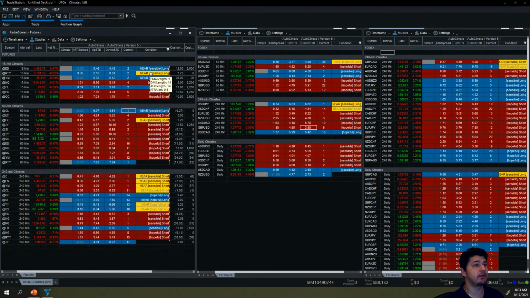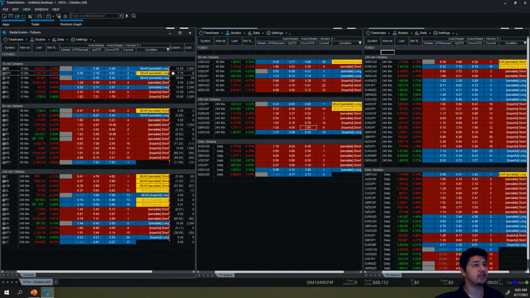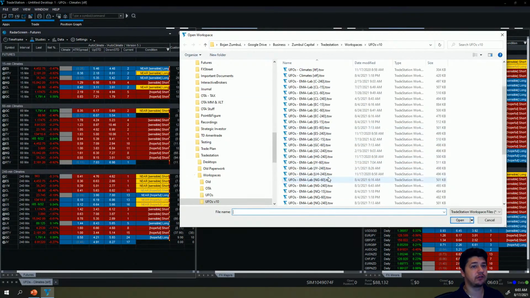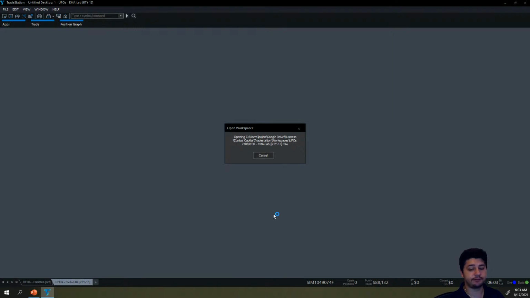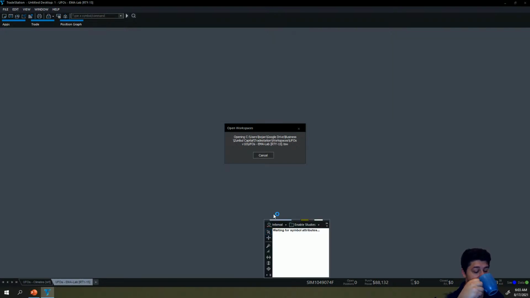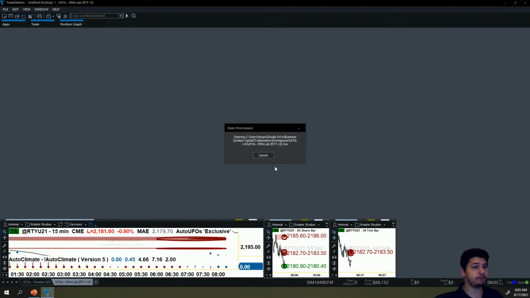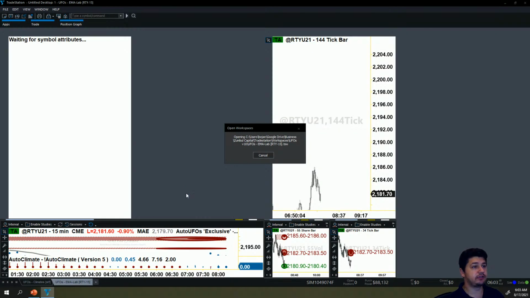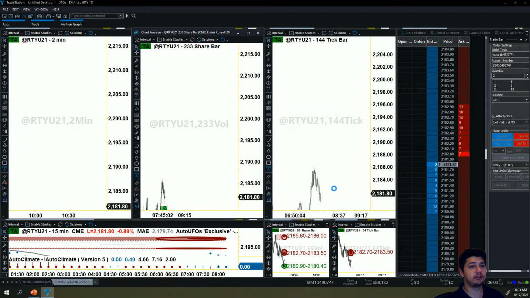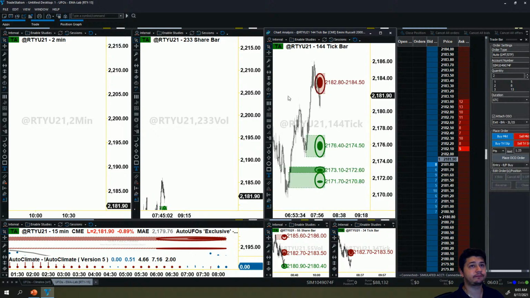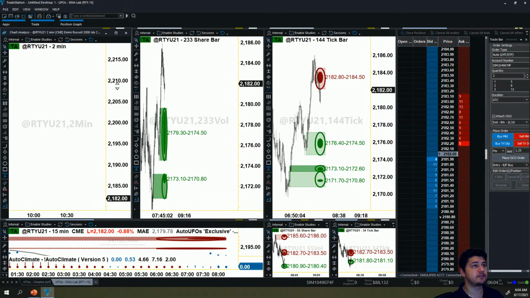So the first one that I'm going to open up here is the Russell RTY, because it's a near sensible long, and it is a confirmed climate, and it is also on the 15-minute time frame. So I definitely want to take a look at the Russell RTY 15-minute, and see what we will be opening up. All right. Just want to get these re-centered again.